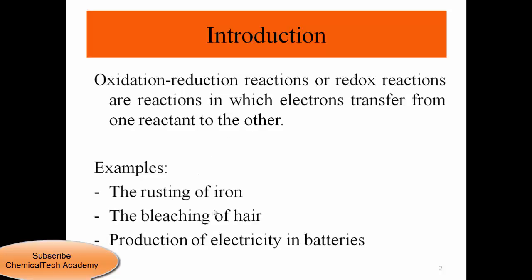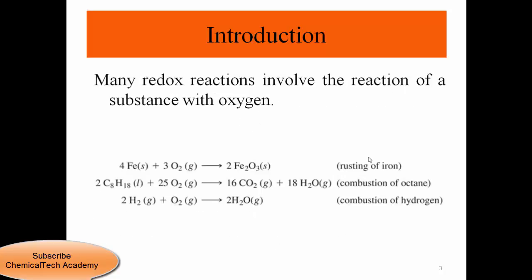For example, we have the rusting of iron, the bleaching of hair, and the production of electricity in batteries. And many of these redox reactions involve the reaction of a substance with oxygen. Usually when any substance reacts with oxygen, we call it an oxidation reaction, or sometimes we call it combustion. So whenever you see one of the reactants is oxygen, you need to say that we have the oxidation reduction